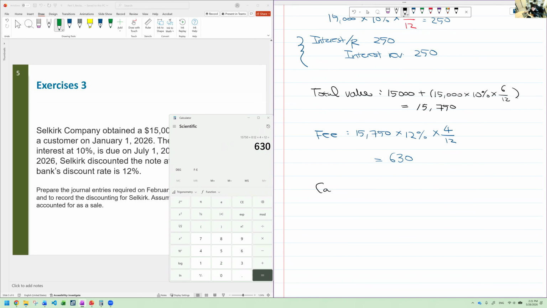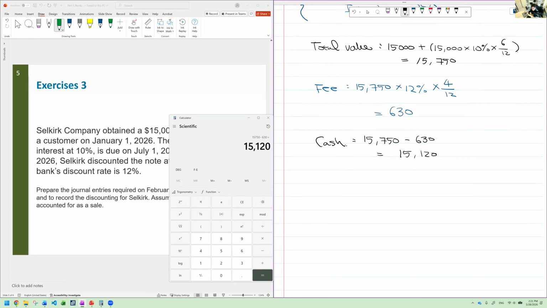Let's calculate the cash proceeds, the cash that I'm going to be receiving. Total value $15,750 minus the fee amount 630. So today we are going to get 15,750 minus 630, $15,120. So the journal entry that you record is debit cash. We get cash from the sale, $15,120. And then let's sell this receivable, face value,